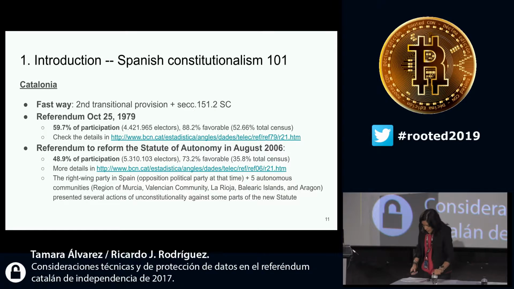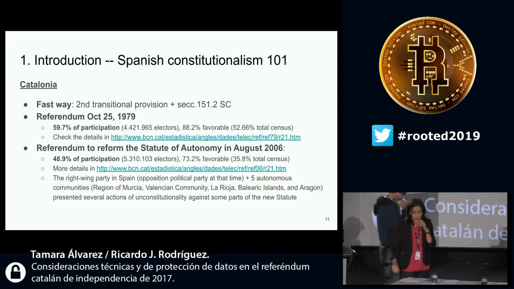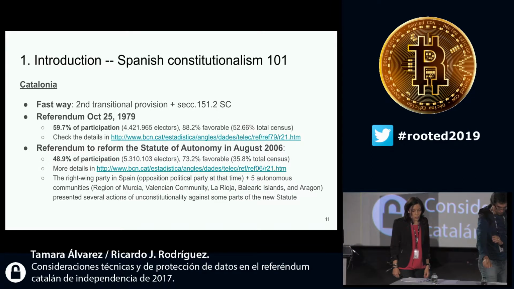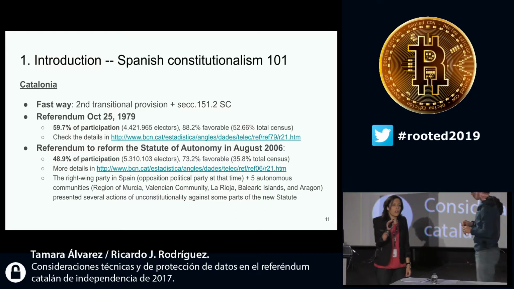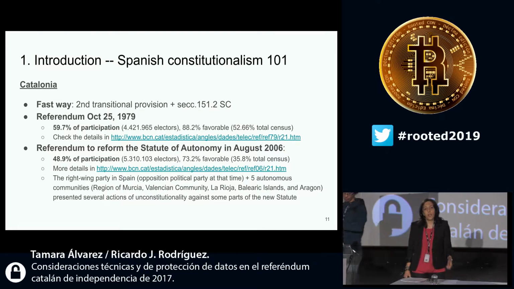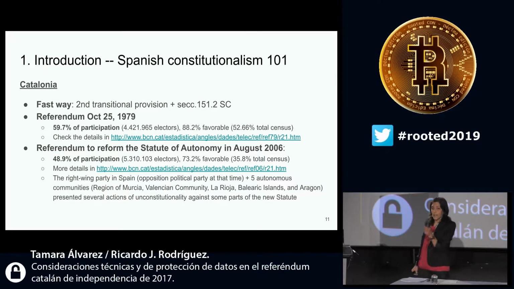Those approximate voting percentages render a 48.9% participation, 73.2% were favourable votes, and that is altogether 35.8% of the total census in favour of the Statute of